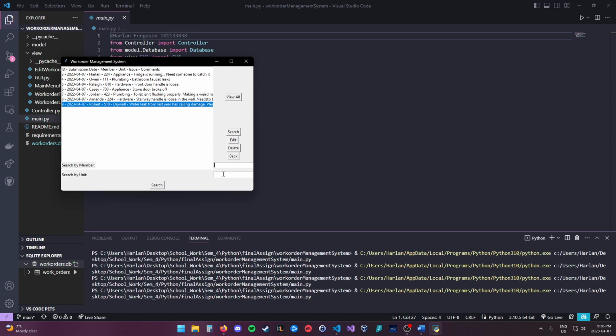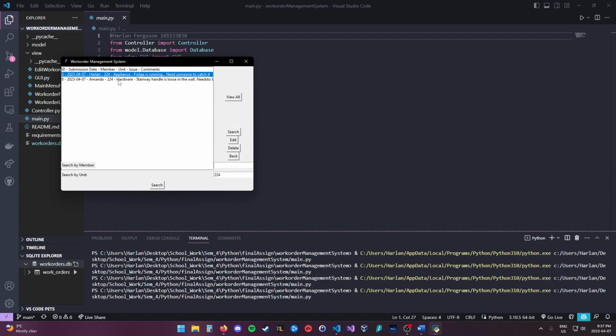I'm done with it. So you can search by member or by unit. I did that because sometimes you'll forget. It's usually best to search by unit, but sometimes you'll forget the unit number, so you can also search by member. But unit's best because there's only one unit number in the building, so it's kind of like its own unique ID. So you can search by unit, and we can see here we have 2 different work orders, one